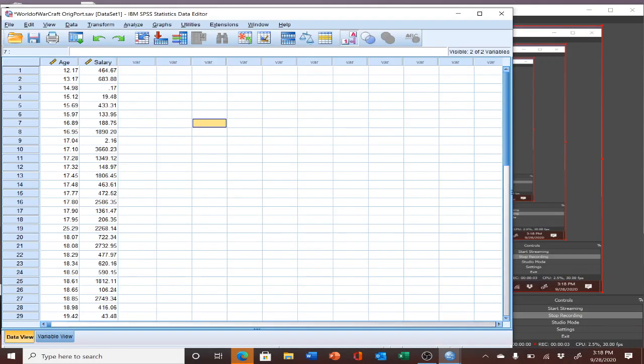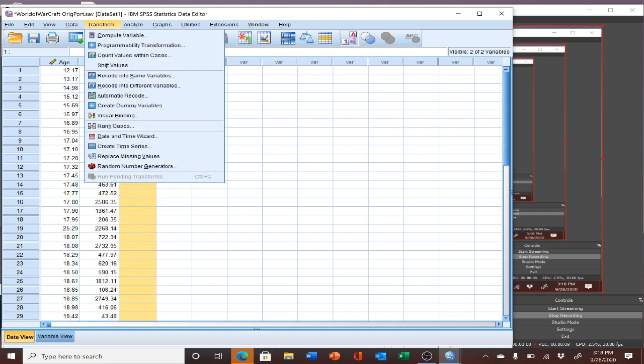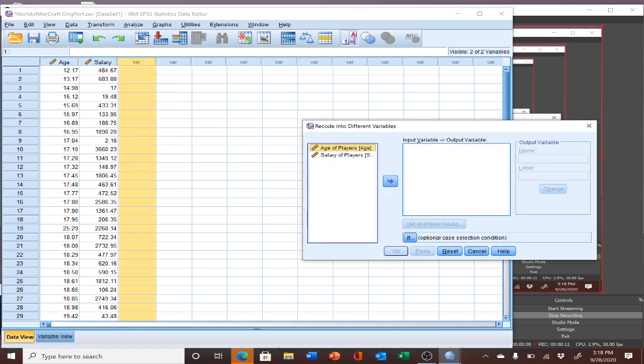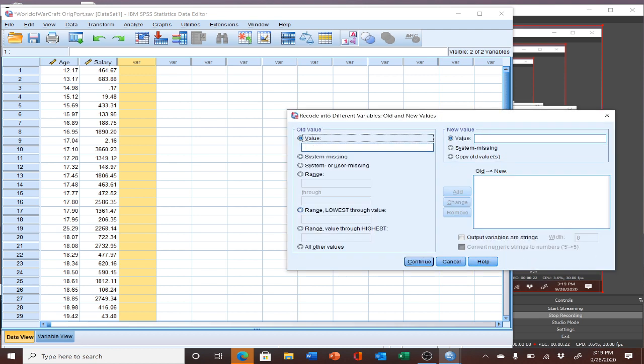We are going to start working on portfolio 1 and recode the age into a categorical variable to start. So we're going to go to transform, recode, we're going to do about the age. That's going to be age group. Label, we're going to change it to age group. On the variable